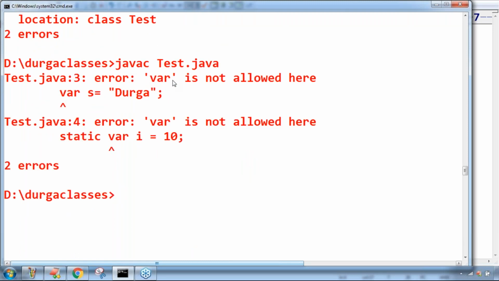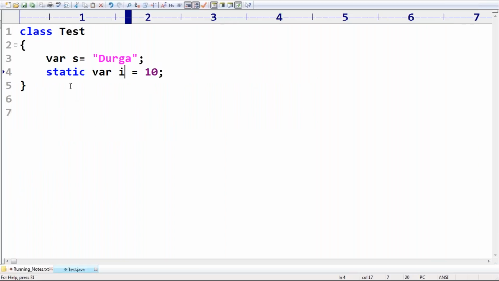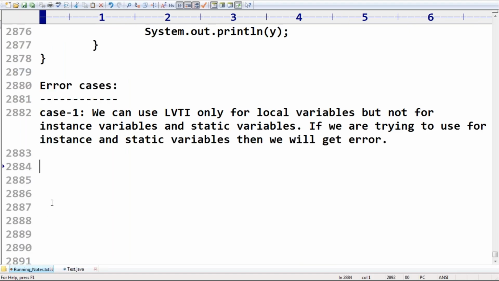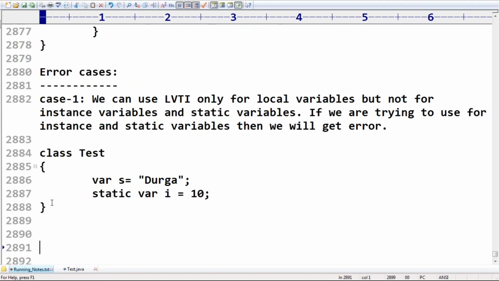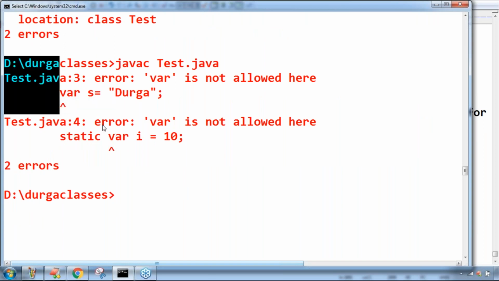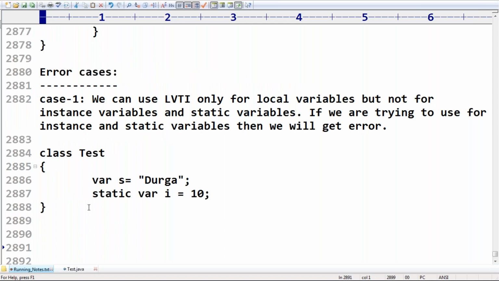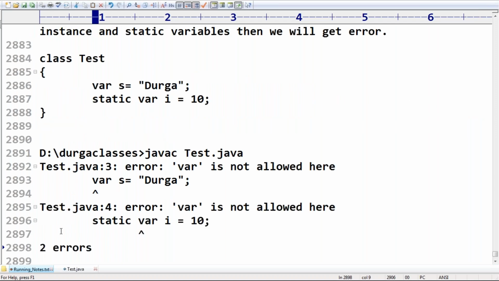Immediately we are getting the error: var is not allowed here. Are you getting the point, right? So this is very important. It is applicable only for local variables, but not for class variables, instance variables and static variables, right? So what is the error by default we are getting? Observe very carefully. This is the error we are getting.